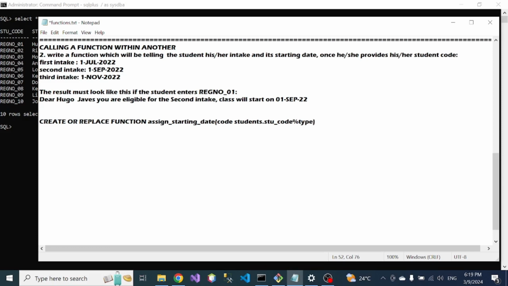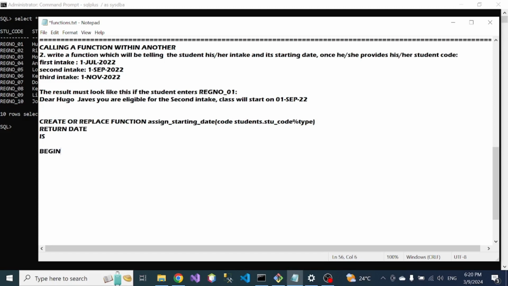Percentage type. Okay, after that we need to specify the return type. Since our function will be returning a date, the return type will be date, and then is